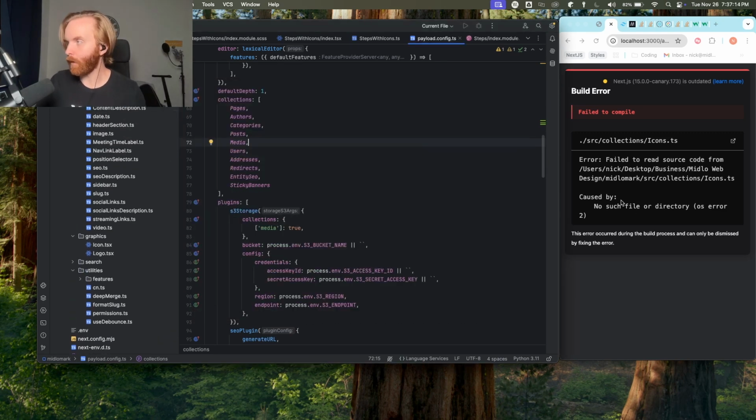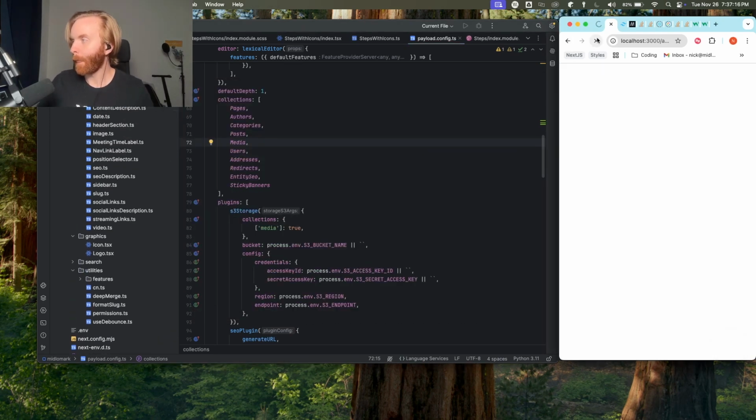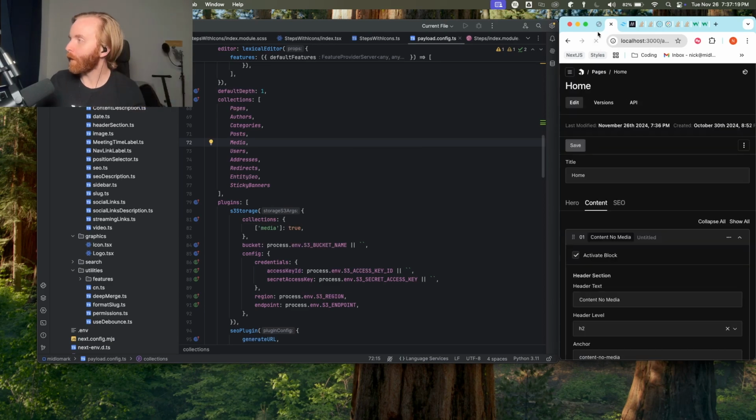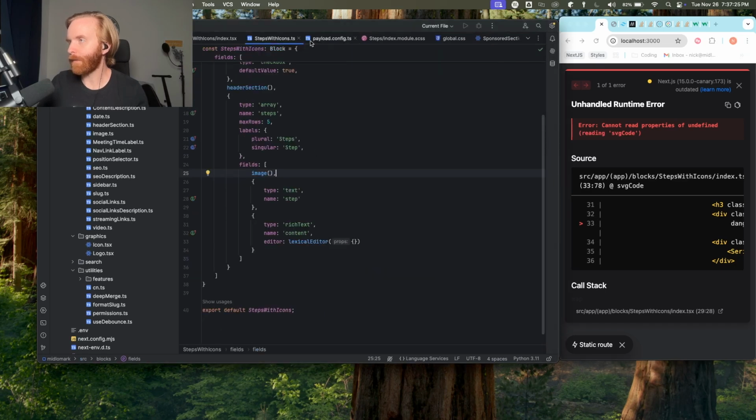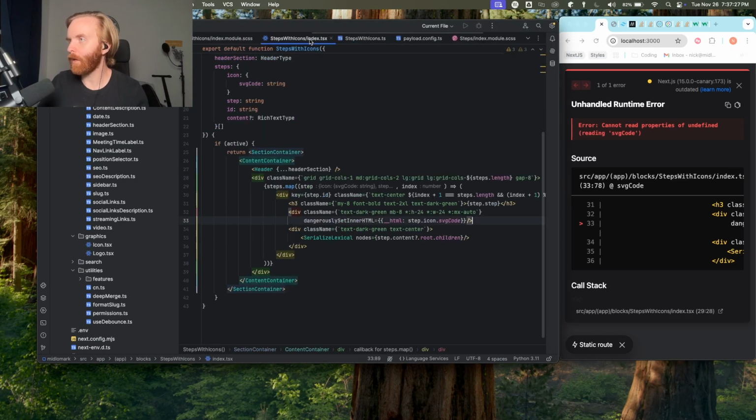Now let's refresh the back end. Make sure that this comes back up. Yep, okay, so the CMS is good. But here, this I already had in the code. So I actually need to remove steps with icons index right here. And I need to remove this code, or really just